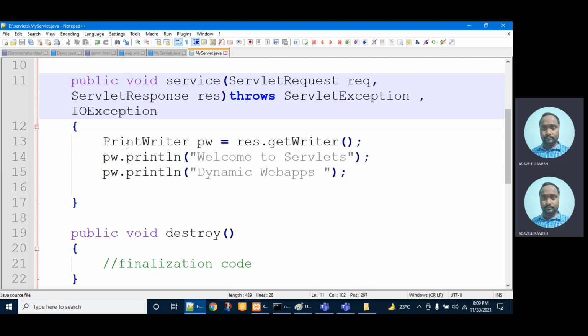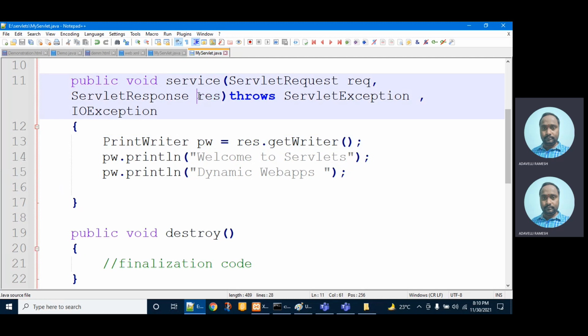To write a response, we need one class called PrintWriter. The way you write System.out.println in Java, the way you write document.writeln in JavaScript, like that, to write on the browser window, we need to use PrintWriter. PrintWriter pw equals, you have to get a writer. What is this writer for? Writing the response.